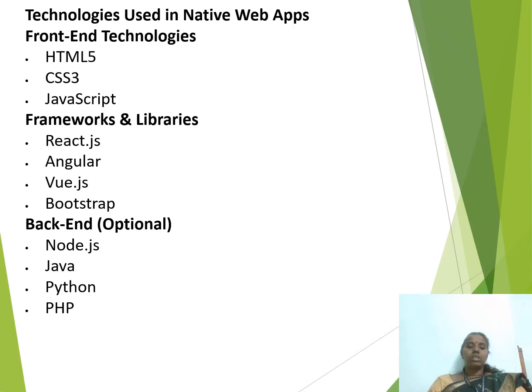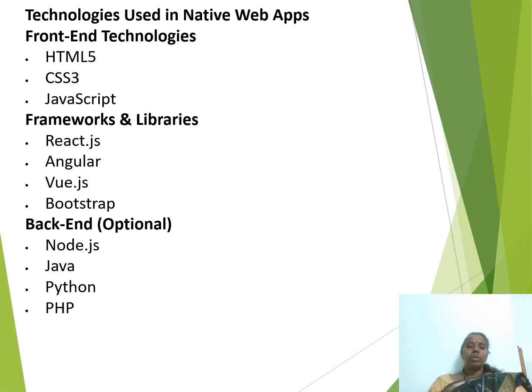The third one is JavaScript. The main purpose of JavaScript is to add functionality and interactivity. The main motive of JavaScript is to handle button clicks, validate forms, communicate with the server, update content dynamically and create animation. The important features of JavaScript are DOM manipulation, event handling, Ajax, ES6 features, and asynchronous programming. JavaScript makes the application dynamic and interactive.